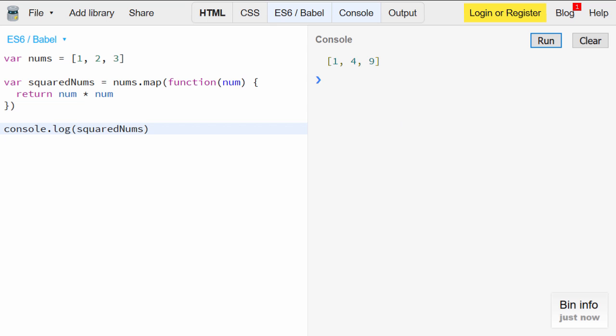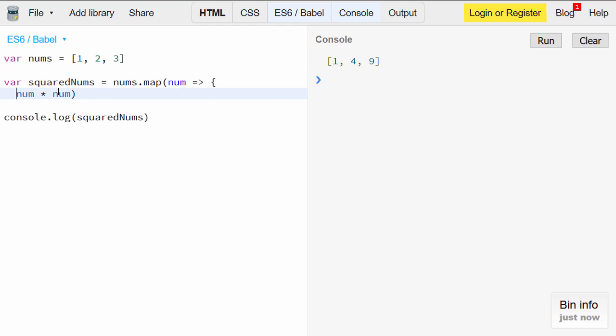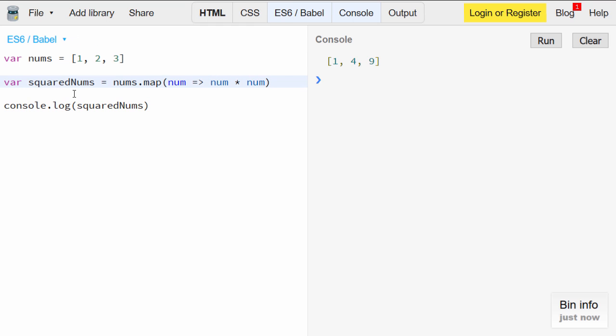This is the same conversion we did before, so I shan't belabor it too much. We'll remove the function keyword and replace it with an arrow after the parameter list. While I'm up here, I'll also remove the superfluous parentheses surrounding the only parameter. Within the block statements, I'll remove the return statement, and then eventually I'll also remove the block statement itself. If I run this code, you can see that we get the same exact output as we did previously. That's because in this particular case, the arrow function is just an alternative, more concise way to express the same